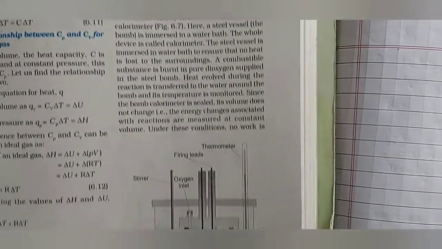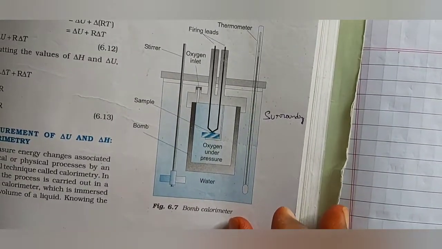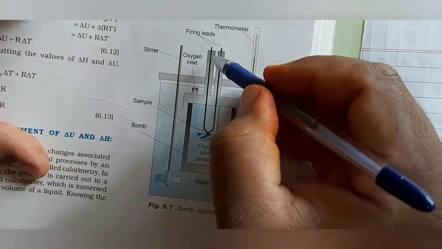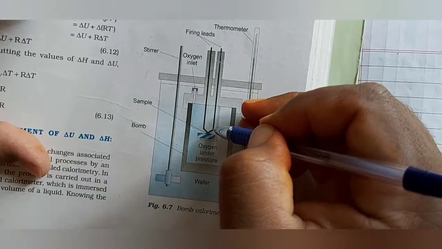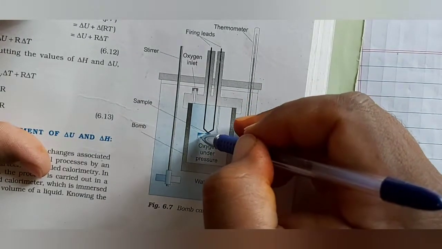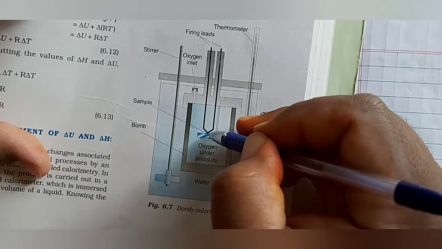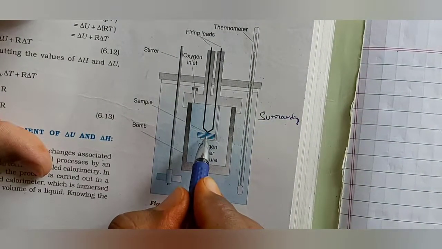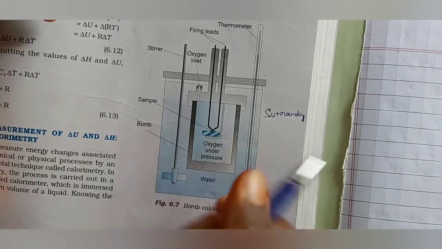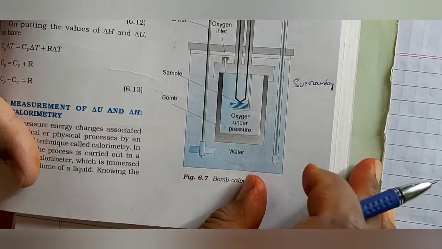Okay, see here, you will understand clearly. These are made with metal. They are going to touch the given sample. One more time, whatever I am pointing out, that is called the sample, for which we are going to find delta U.